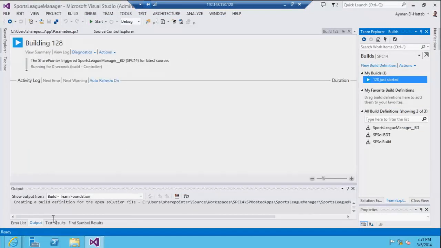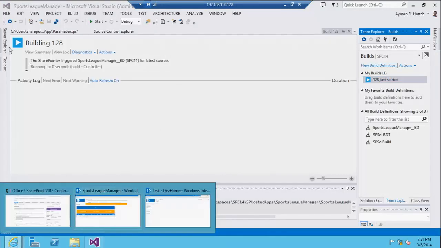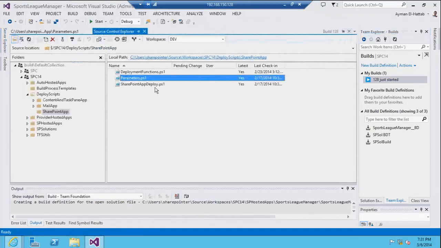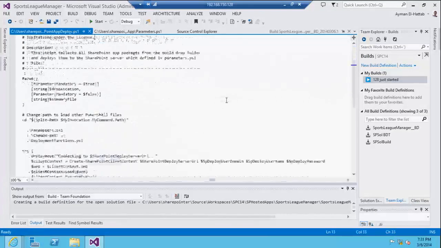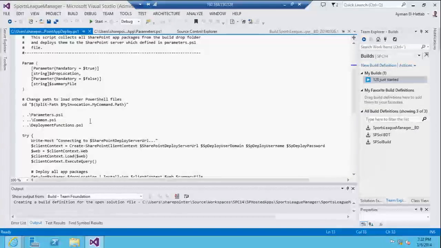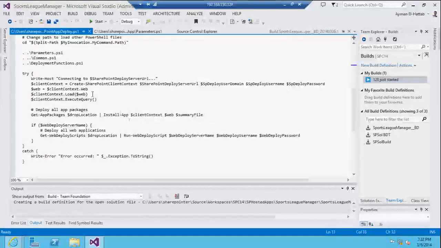Okay, while the build is running, let me show you this SharePoint app deploy.ps1 to understand more how it works. It basically references the parameters.ps1 file, and it's creating a SharePoint client context, whether it's SharePoint Online or SharePoint On-Prem, getting a reference to the current web, then fetching all the app packages from the drop folder. If we have more than one app package, then it's installing all the app packages one by one.